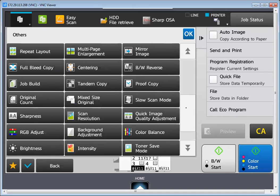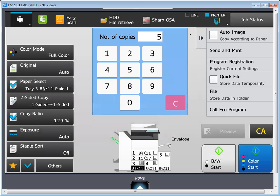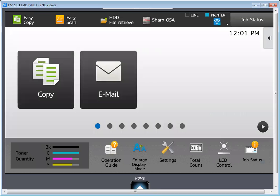Most of them are pretty self-explanatory, you'll notice. If there's any questions that you do have, please feel free to reach out to us and we will be able to give you more information on those, okay? If I click home, it'll bring me back to my home screen where, of course, if I wanted to scan